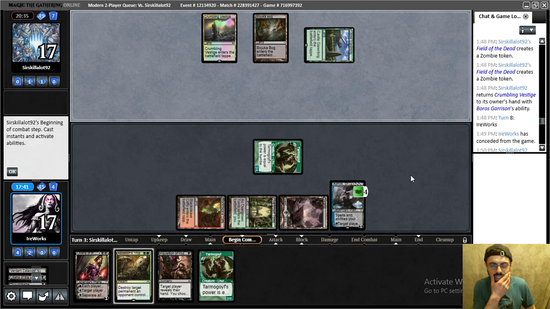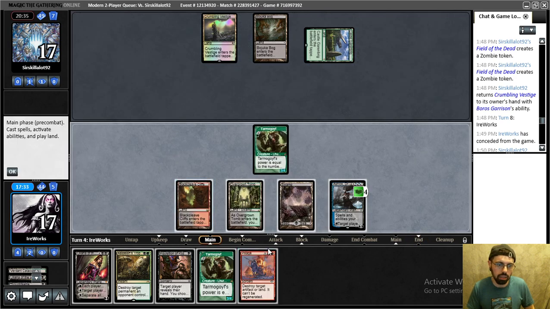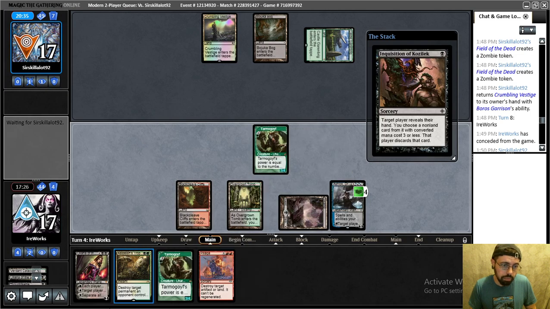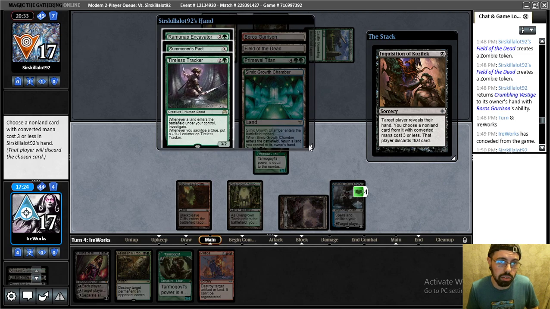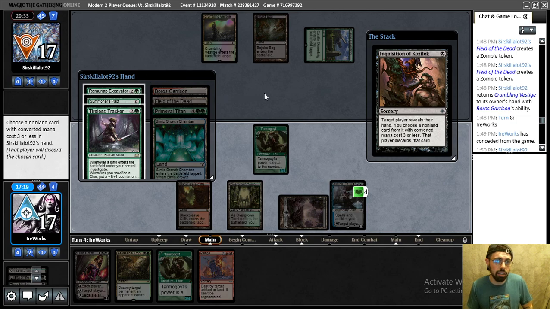Okay, we see a castle. I have to consider... Ooh, Pillage is wonderful. Unfortunately, we can't cast it. I think I'm going to fire off an Inquisition here. We've got Assassin's Trophy and Tarmogoyf. We can decide between playing those two cards. And we see a Summoner's Pact, an Excavator. Excavator's certainly annoying, but